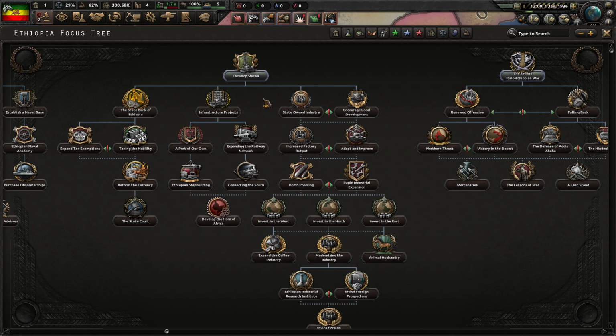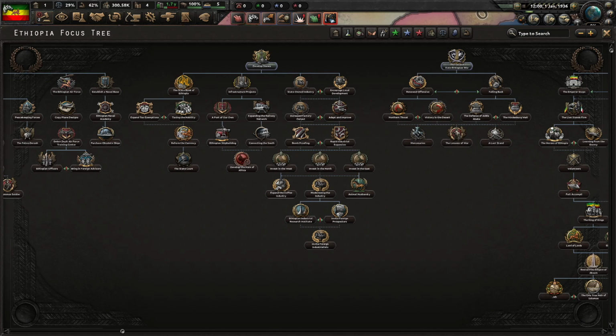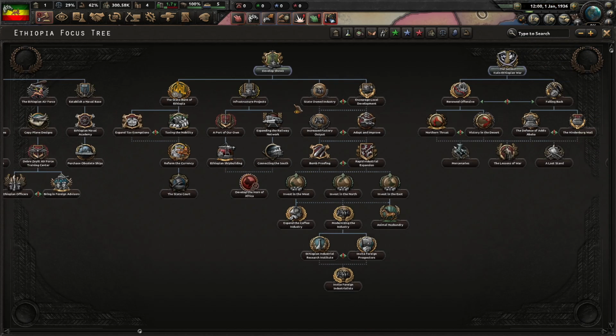And that is mainly because of the industrial tree. You got 22 focuses here, and only 4 of them are 35 days. That is 1540 days. That means 4.2 years. 4 years is like 2 hours of real time just doing this branch, and you need it because your industry